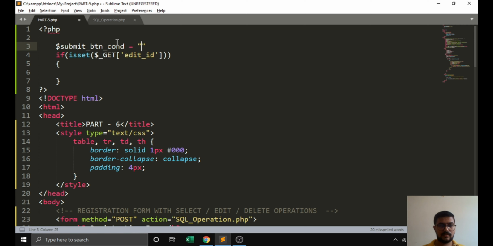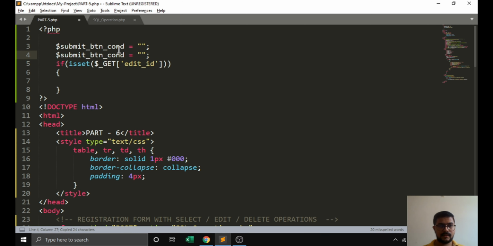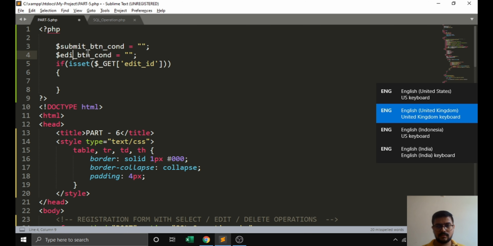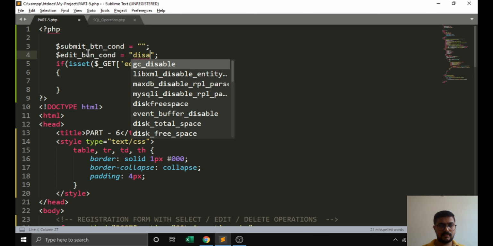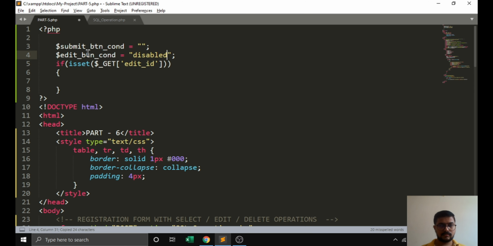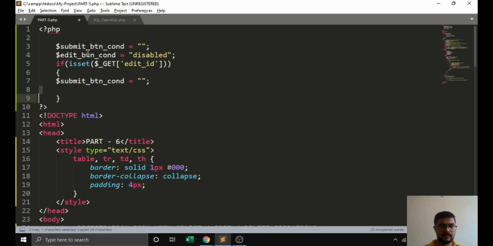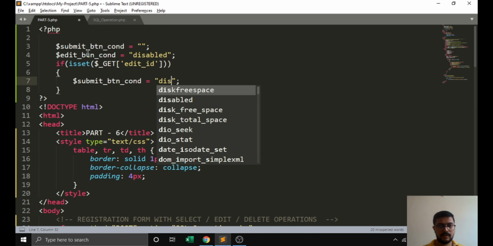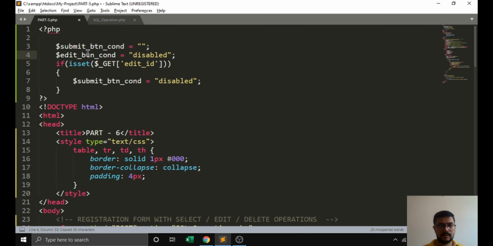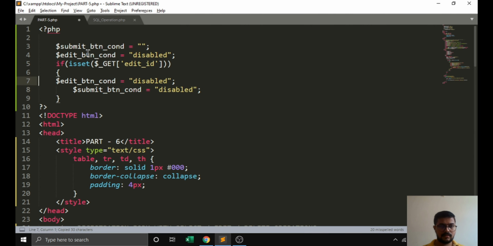we are passing this edit button disabled, and at the time of this, the button will be disabled, and this button will be blank.